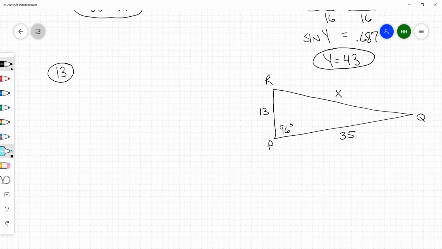Here's our X, here's our Y, and here's our Z. Based on the given information, you're given two sides and an included angle. Two sides and the included angle, that's a candidate for law of cosines. So here we go. The side opposite the given angle is the side you're trying to find. That's your X. So X squared is equal to,